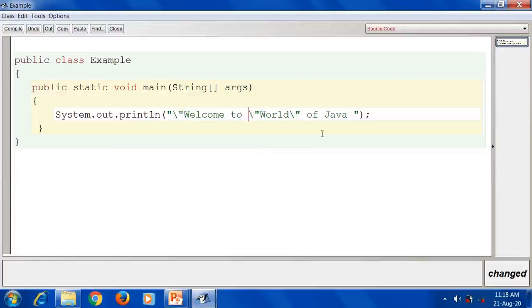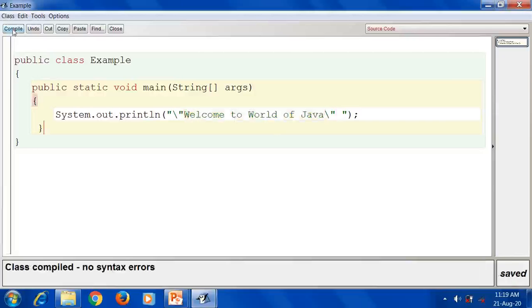I am going to remove this, and this also, and here we'll end it. Understand? What's happening here is we are giving the double quote for this line. We are printing this line with the double quote.